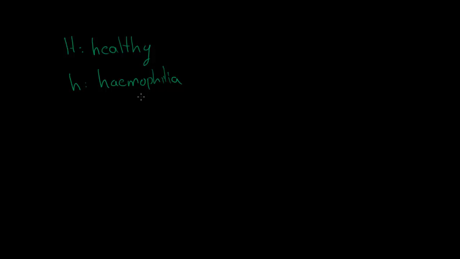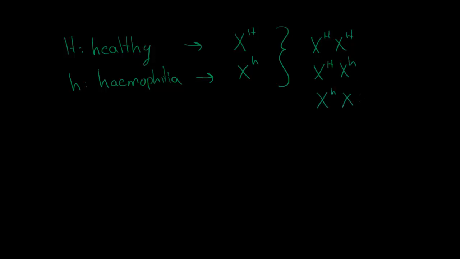Now, hemophilia is determined by genes that are located on the X chromosome. Therefore, we are going to symbolize them as XH because the dominant allele is located on the X chromosome, or we are going to symbolize it as Xh, the recessive allele that is located again on the X chromosome. Now, if we have a female, we can have three different combinations. We can either have XH XH, we can have XH Xh, or